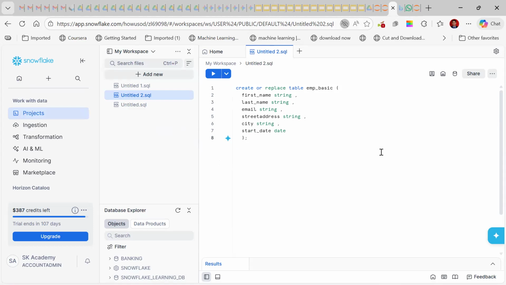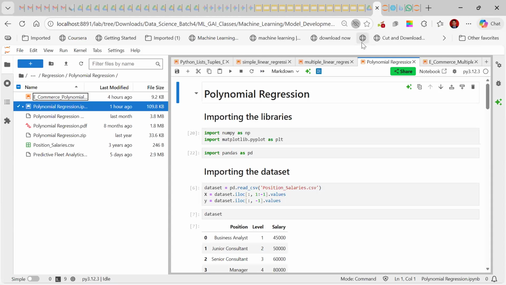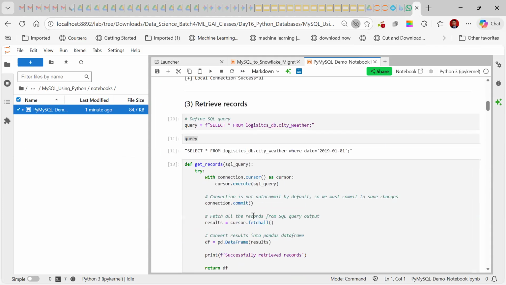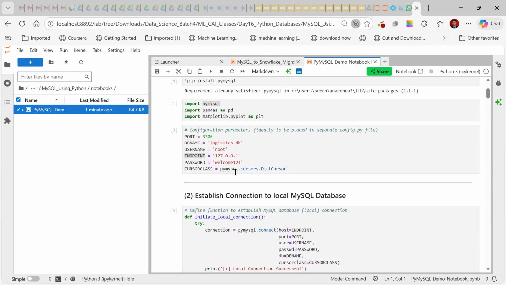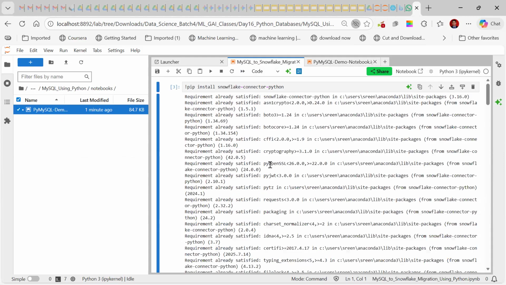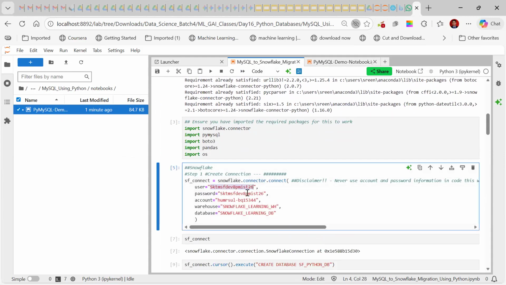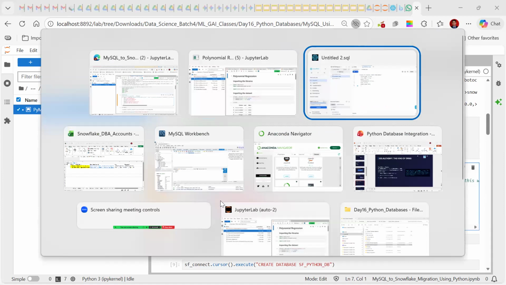How did we connect to PyMySQL? What did we use? We used the MySQL connection details, right? Initially, yes. Similar to that, for Snowflake also I need to use the connection details, right? Yes or no? Actually, I am not aware of this. Can I get one session for how to